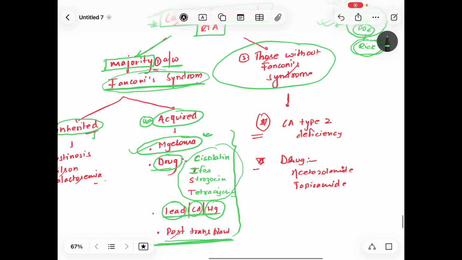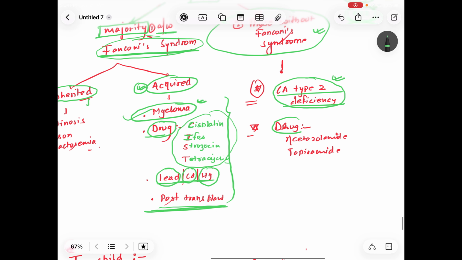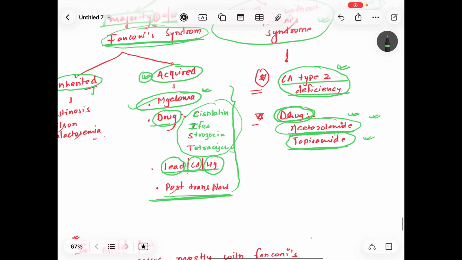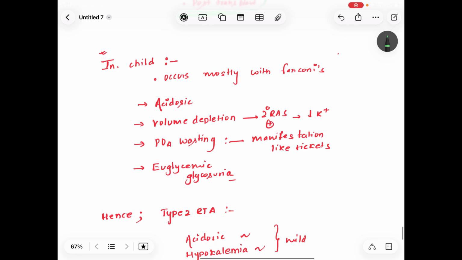Now those patients without Fanconi syndrome can present if there is deficiency of the carbonic anhydrase enzyme, and if the patient is on certain drugs like acetazolamide and topiramate. Acetazolamide is commonly prescribed for mountain sickness, and topiramate is for prophylaxis of migraine or seizures. So in child,